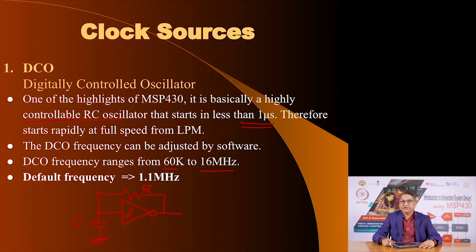The DCO frequency, digitally controlled oscillator frequency, can be adjusted by software by writing appropriate values in various registers. In the program you can change the frequency. The default frequency after reset is 1.1 megahertz. So, if you do not do anything and you just reset your microcontroller, you do not have to make any selections. The value of the DCO frequency will be 1.1 megahertz,